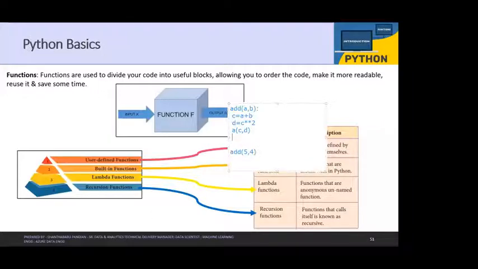Print of C, okay, right? So if I'm calling this function, what will happen? The function will call, the function will call,